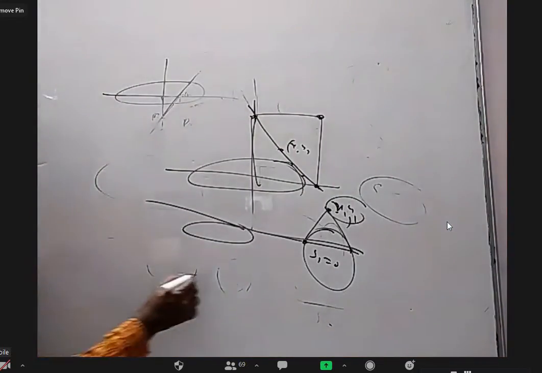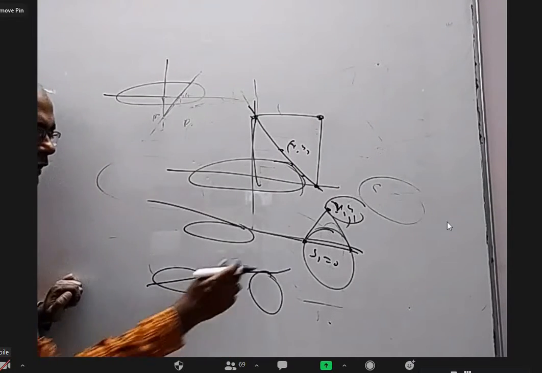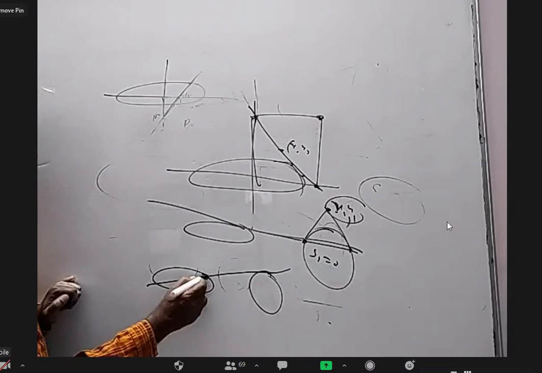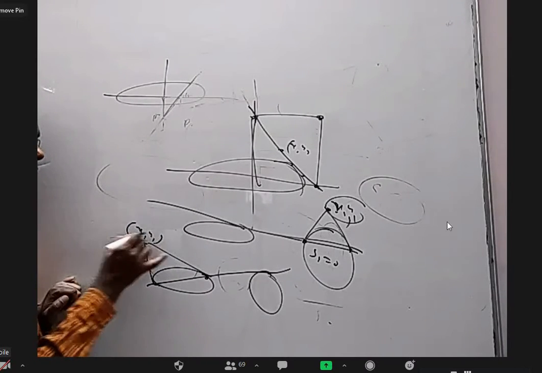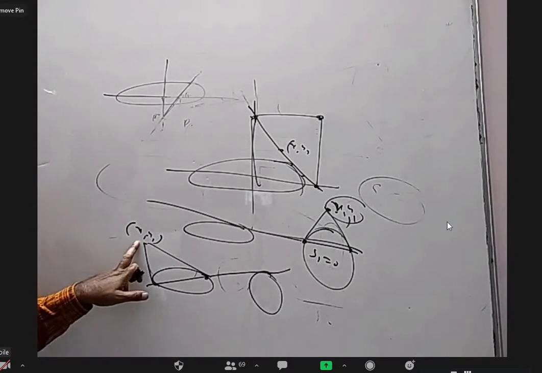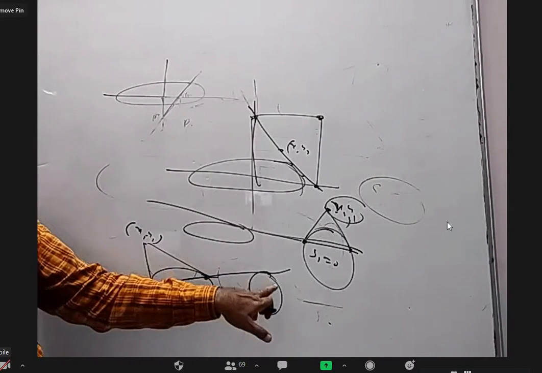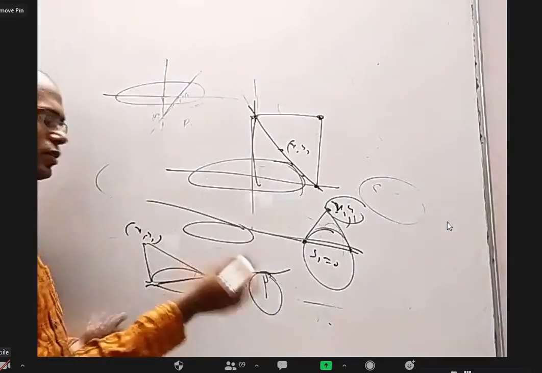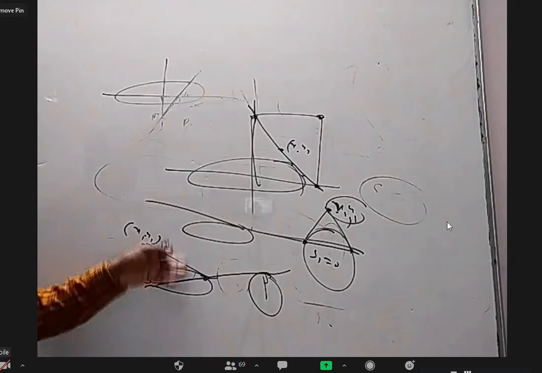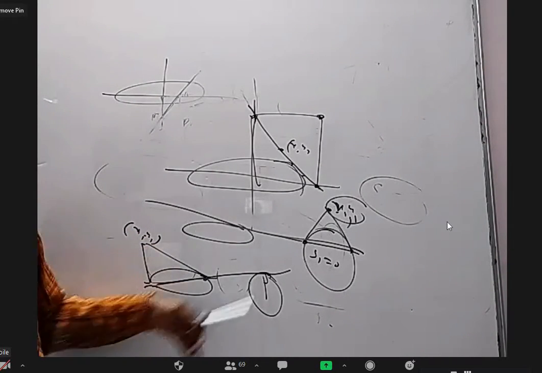But they can ask the reverse. Let us say I have an ellipse and a circle like this. A tangent to the circle is intersecting the ellipse at 2 points and you draw tangents there, they will meet at 1 point. What is the locus of that? Take that point as x1, y1. Find S1 equal to 0 with respect to the ellipse. And that should be tangent to the circle. For a line to be tangent to a circle, from the center, perpendicular distance equal to radius. These kinds of things I don't have to dictate and do too many questions. I'm just giving an idea. You can do it.